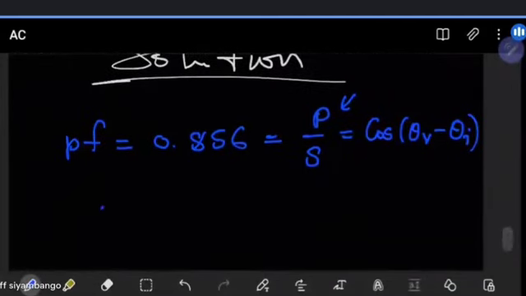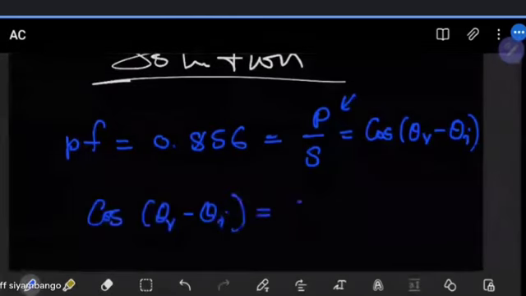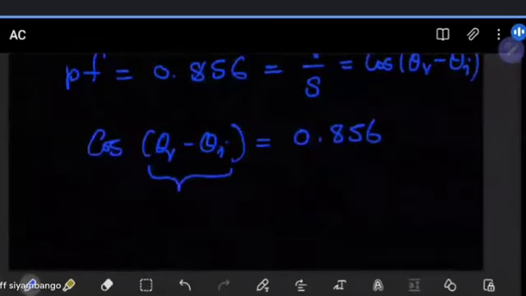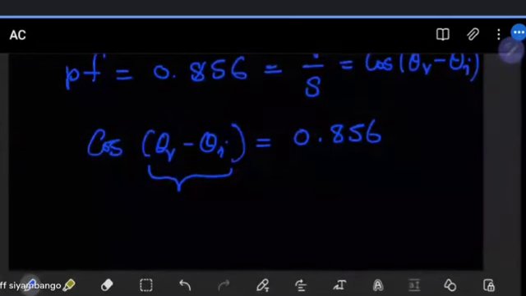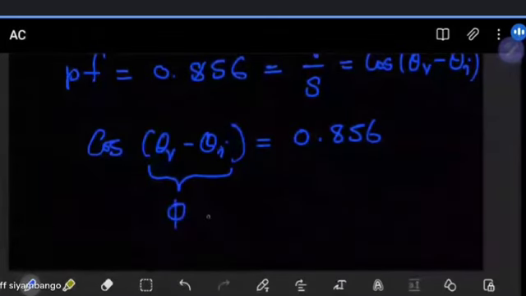What does that tell us? It tells us that cos of theta V minus theta I is equal to 0.856. We can now look at this as just one angle. This is just power, so we're not really looking at the phase angle for the current or the voltage. It's just for the power. So I'll use phi to mean the phase angle in the power now. The angle now comes out as